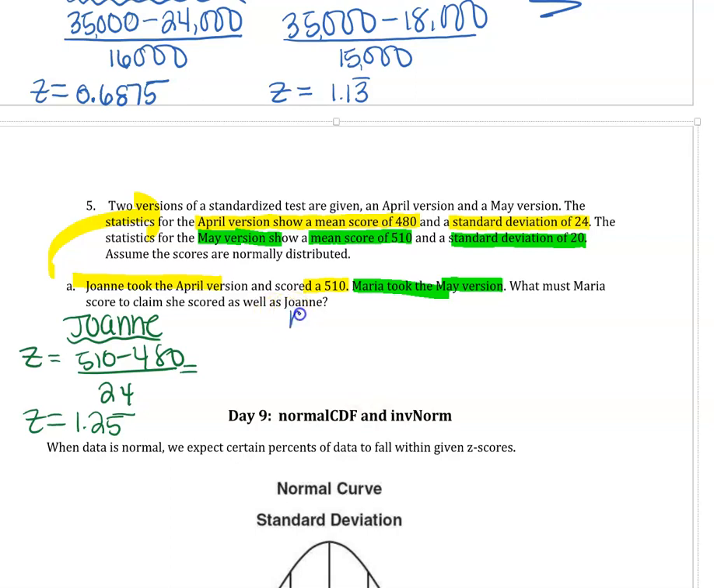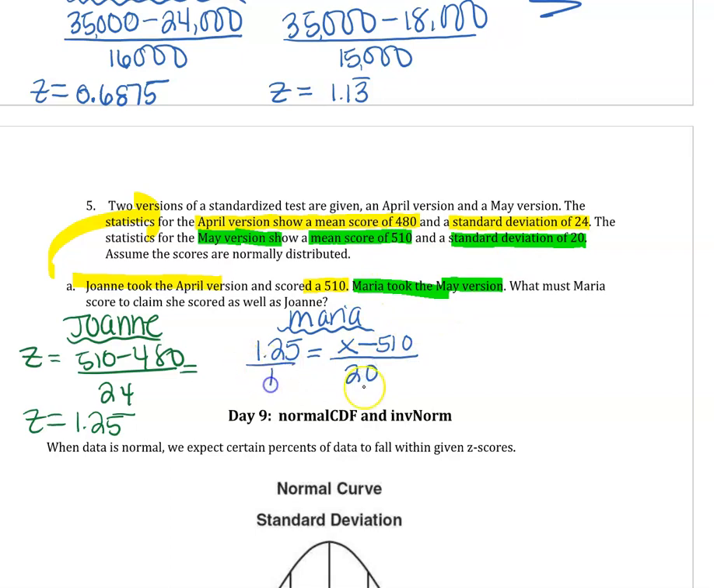Now, Maria took the May version. We don't know what she got, but we want her to match how Joanne did. So that means we also want Maria to have a z-score of 1.25 standard deviations above the mean. So again, we don't know her score, but we know the mean of the test she took was a 510, and the standard deviation was a 20. So if I put that over 1 and cross multiply, that would give me